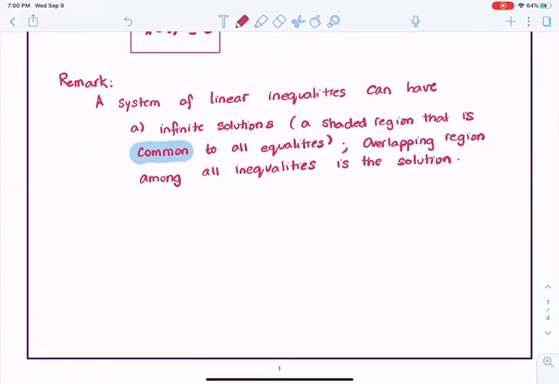So the overlapping region among all the inequalities will be the solution. Now, it so happens that if we have a system of linear inequalities, there may not be an overlap at all. So a very good example